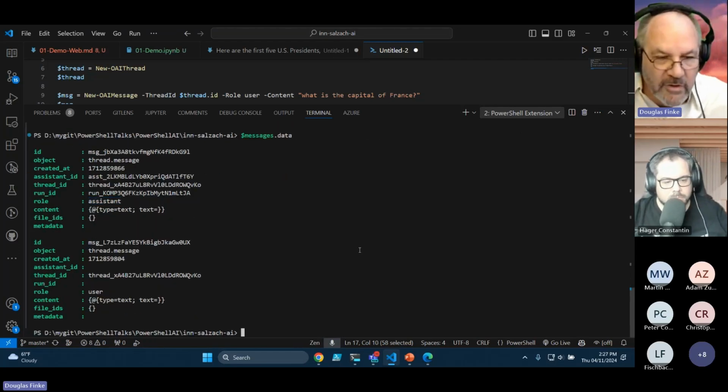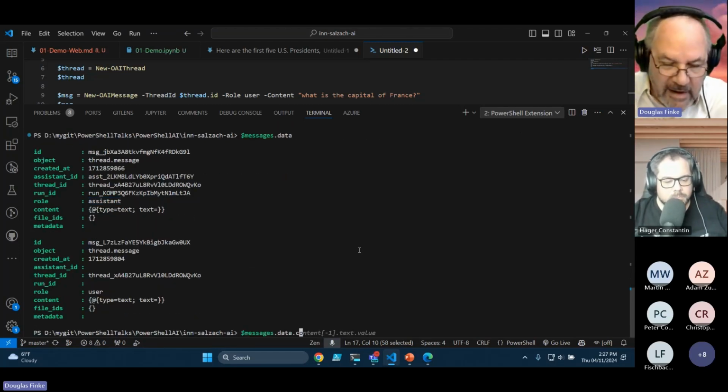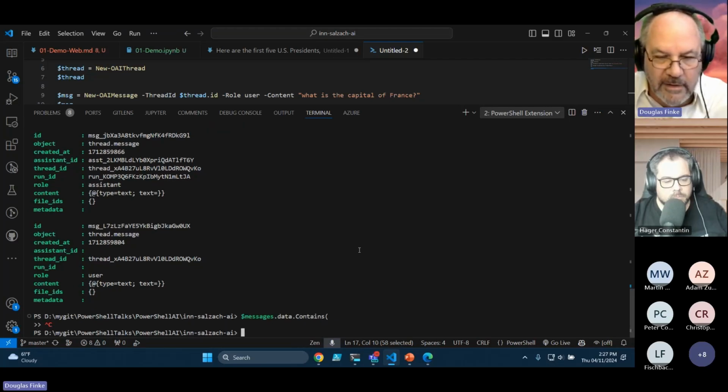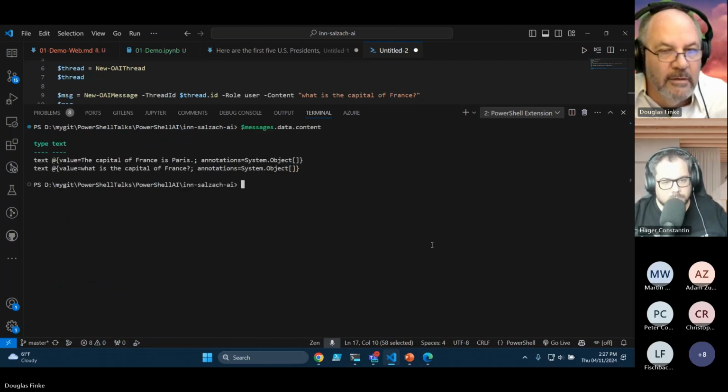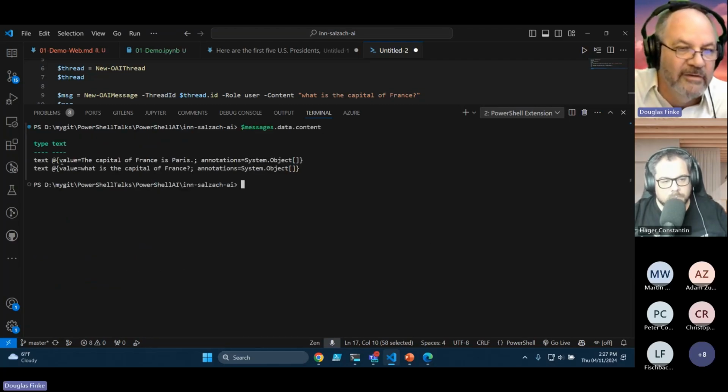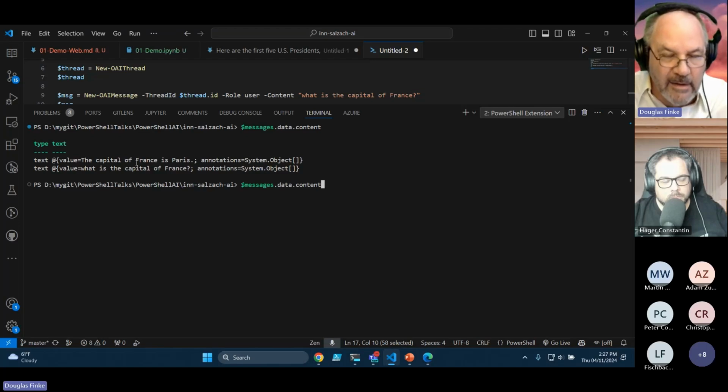So let's use good old PowerShell. We're going to notate into content. Oops, get that right. Right, and you can see. So now we can see what is the capital of France, and it responded. We can go into text and dot value,